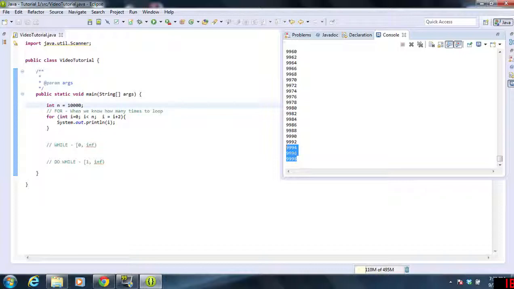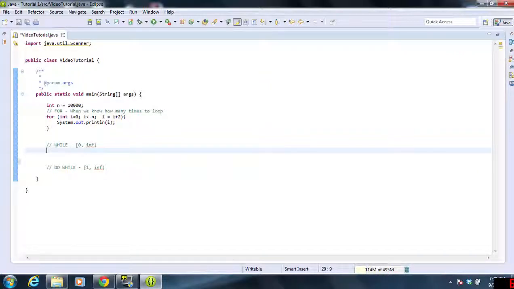Now, that's the for loop, I'm sorry about that. The next thing is the while loop. The while loop is pretty easy. We can actually write something very similar to a for loop in the while loop. And let's do something for this particular while loop,